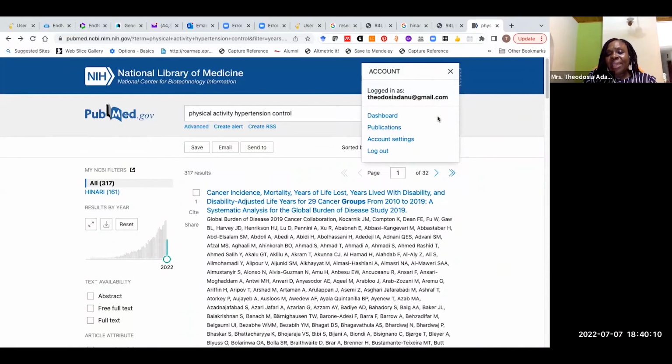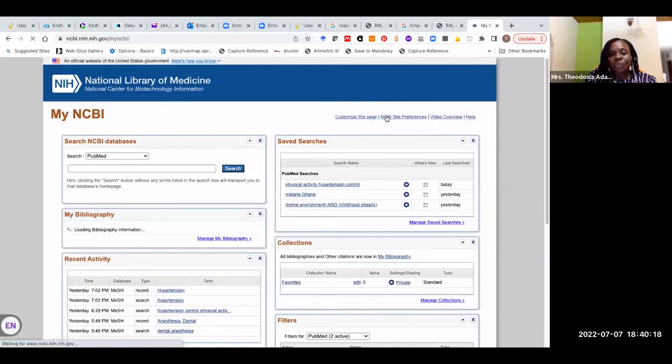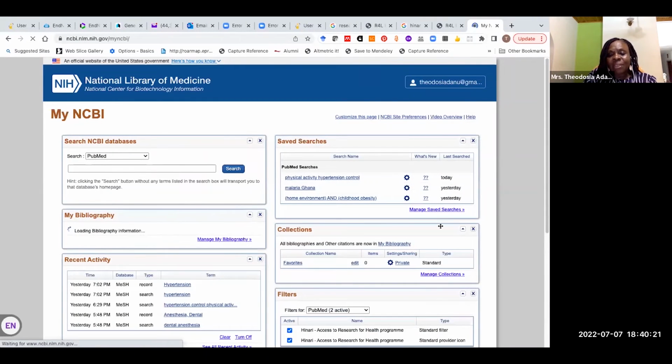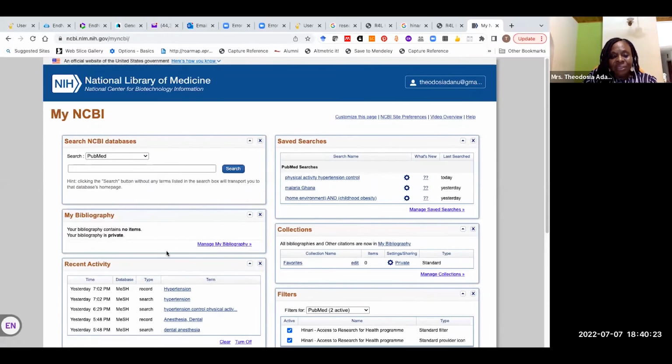Over here, I can go to my dashboard. You can then just see my created alerts. So I'm clicking on dashboard. This is everything I have here. Of course, I don't have any bibliography here. As you populate, you can find the information you have populated in PubMed.